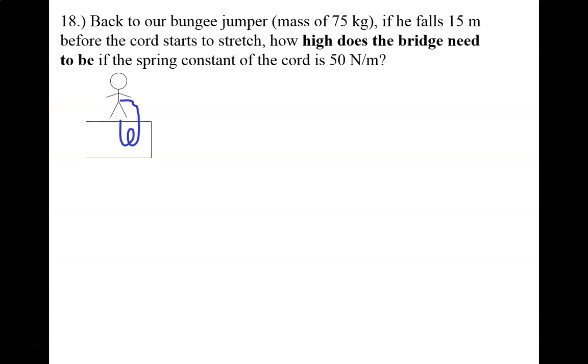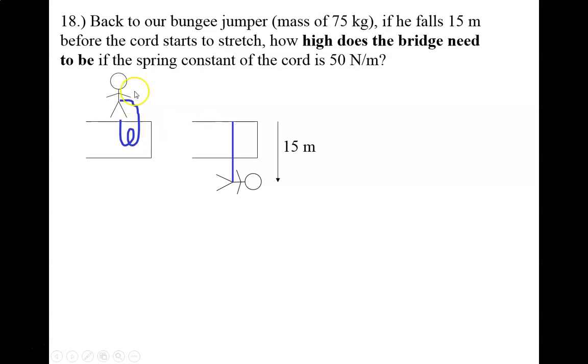Okay, now we're going to go bungee jumping. So we're going to start our own bungee jumping business, and we want to be able to give the bungee jumpers an exciting bungee jump. Meaning we want them to get close to the ground, but our profits will be decidedly diminished if they hit the ground. So we do not want to let them hit the ground. So we want to use a little bit of math, and we want to try to figure out how high the bridge needs to be above the ground in order for them to get close but not hit the ground.